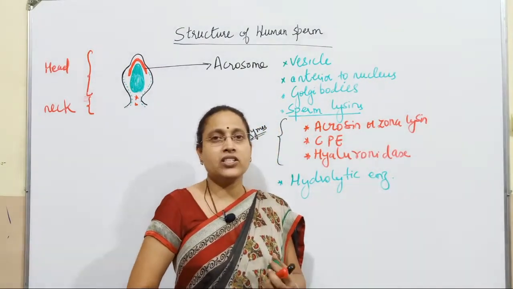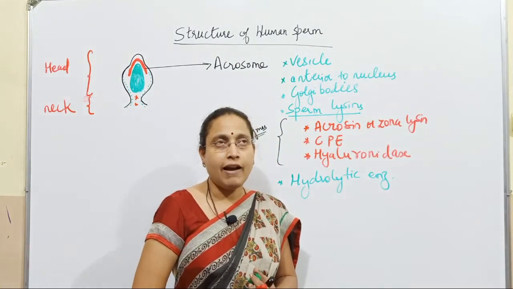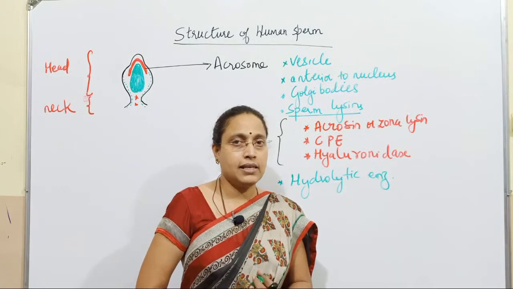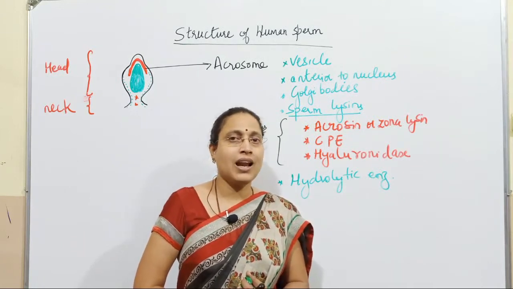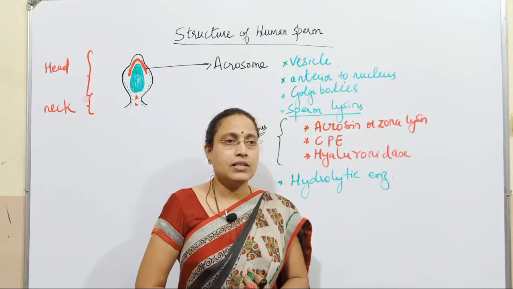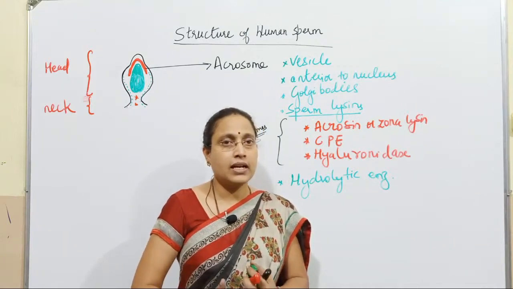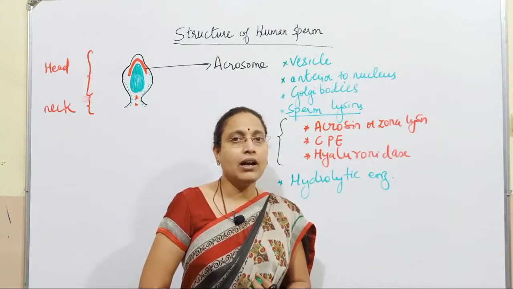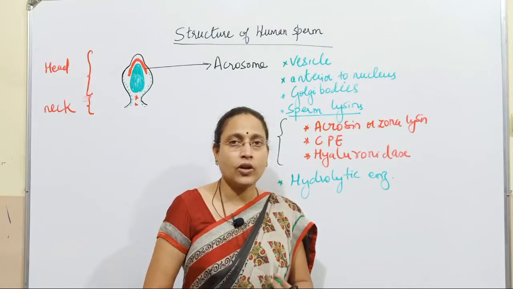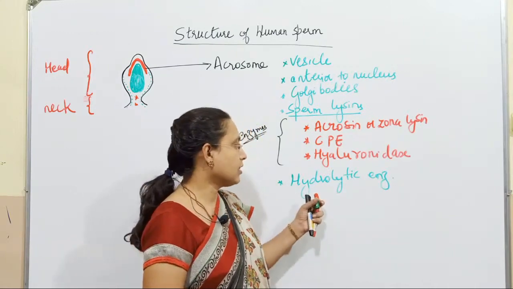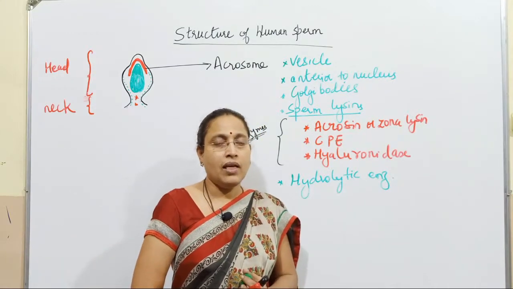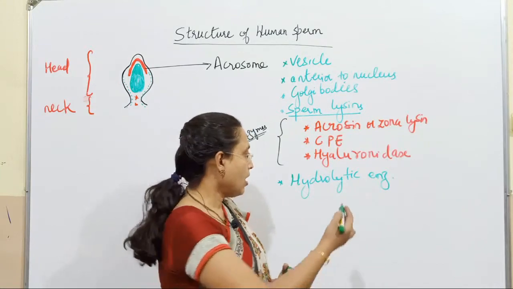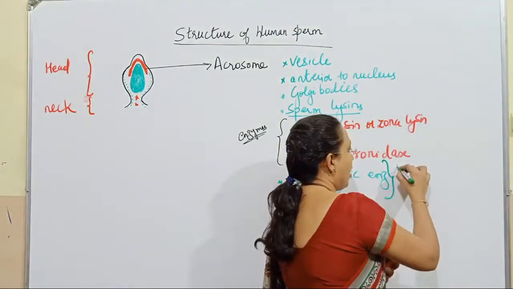You all might have studied in the first year that hydrolytic enzyme belongs to a class of enzymes called hydrolase. That is, especially it belongs to class 3 enzymes. The first class was oxidoreductase, as you have studied in the last year. The second is transferase, and the third is hydrolase, that is class 3. So class 3 enzymes are nothing but hydrolytic enzymes that utilize a water molecule and then break the bond. These are also called hydrolases.